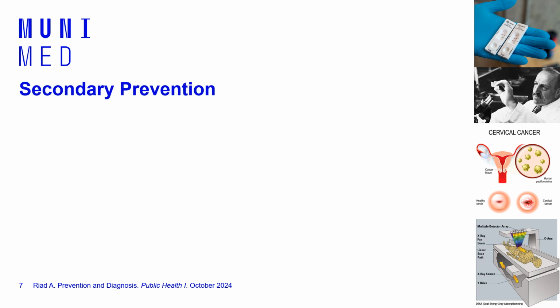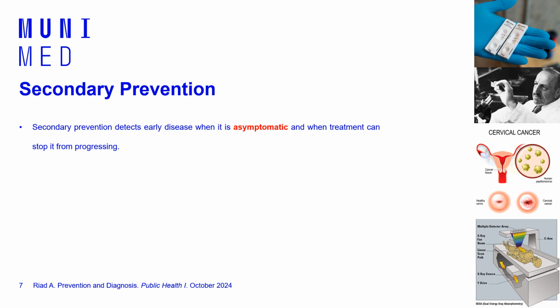Then we have secondary prevention, which is the second level of preventive medicine that we apply in order to find early cases. Secondary prevention aims to find the disease in the early, asymptomatic stage. During this stage, people have the disease but don't have any clinical symptoms yet, and you want to find those people. So you will screen, let's say, 10,000 women who are at some risk of cervical cancer, and out of these 10,000, you found out that 100 of them have risk factors for cervical cancer.